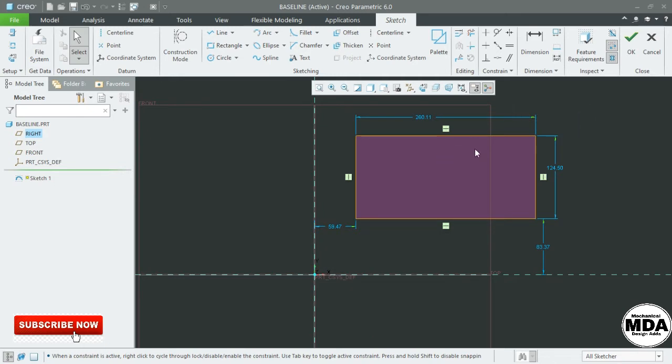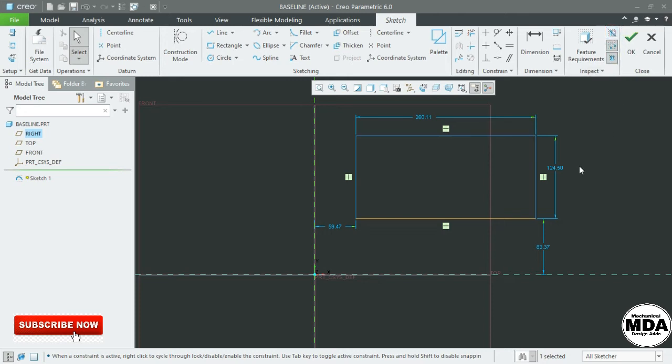Now suppose this one is a geometry and I have overlapped this dimension here. While working, you don't understand why it is not showing closed loop. At that time you must check the overlap geometry, because here some lines are overlapped. So for that we will check the overlap geometry.